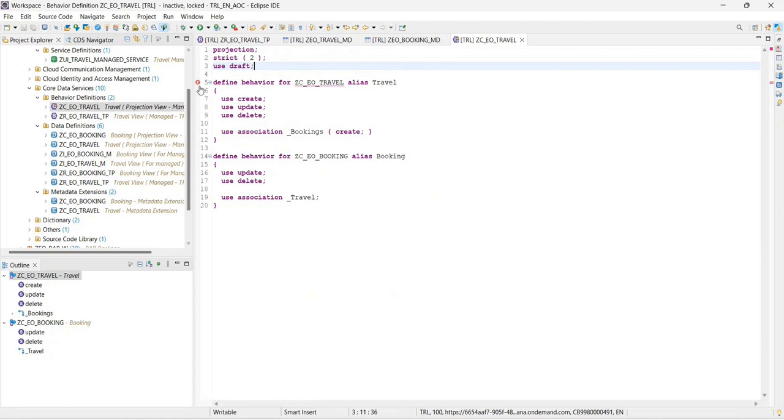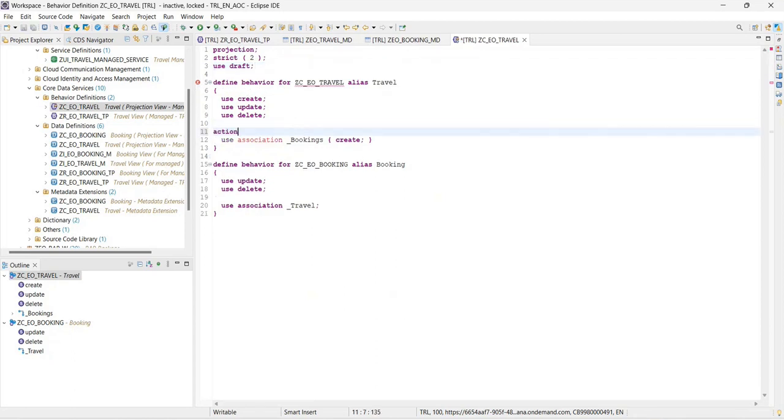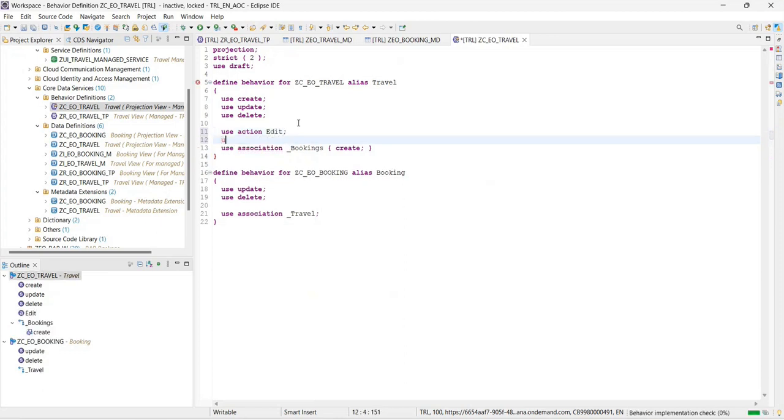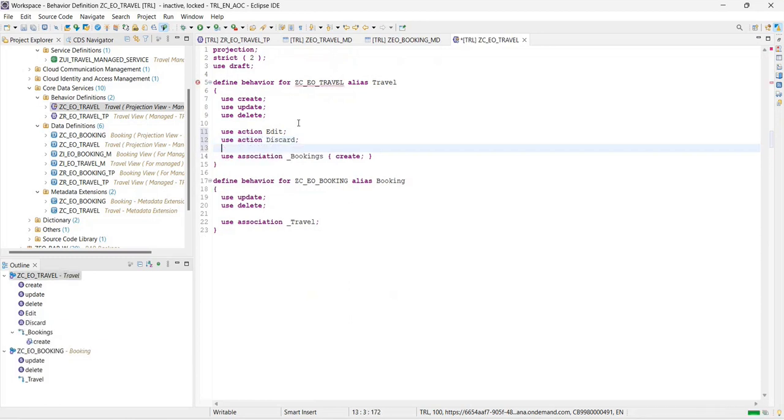Now here, as you can see, you are getting the same error that you want action edit, and likewise you will get the same errors for the rest of the actions as well. So we'll just start adding all those things. I'll just say use action, and what is the action? Edit was the first one that we started getting an error on. Use action, so I'll just say discard. Use action,